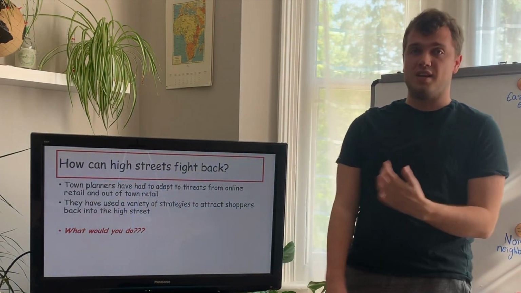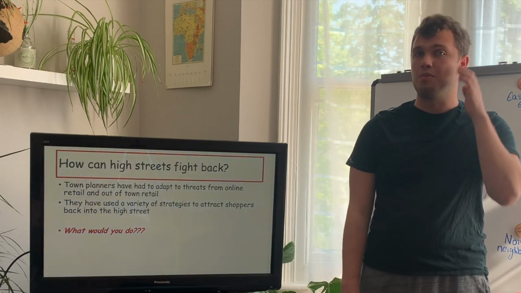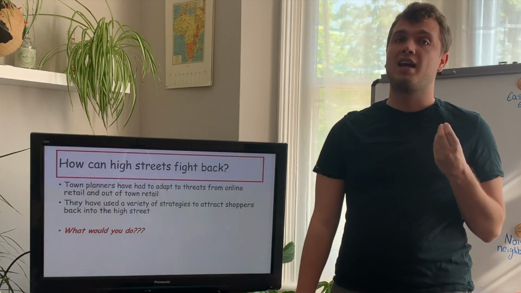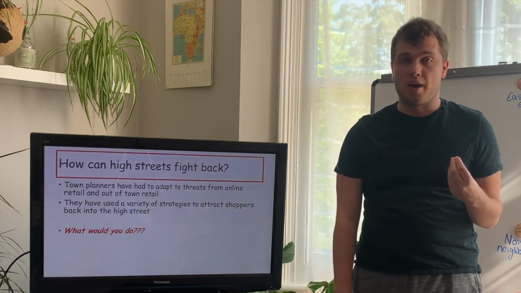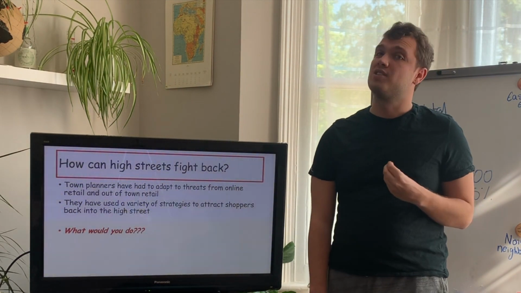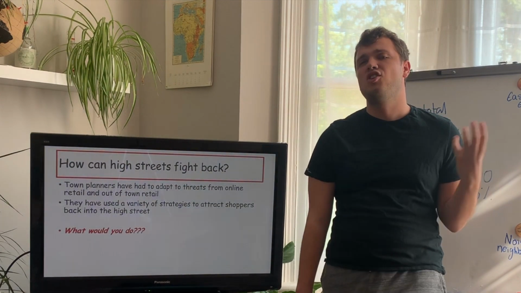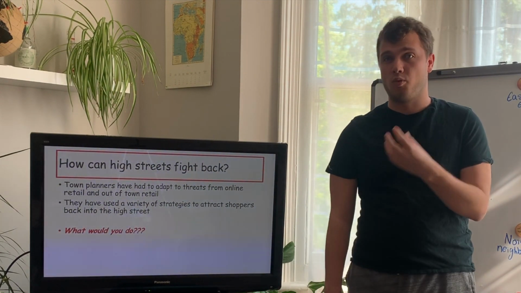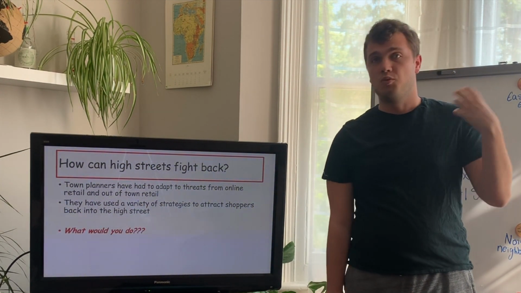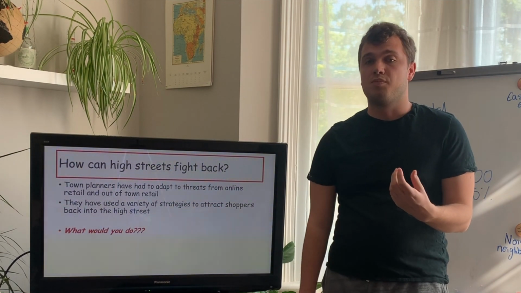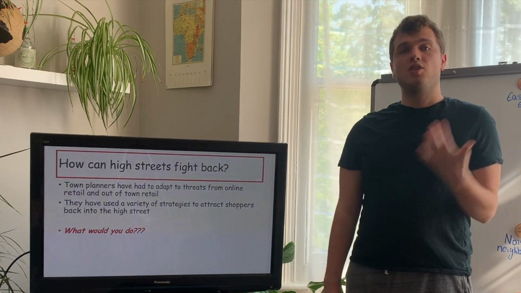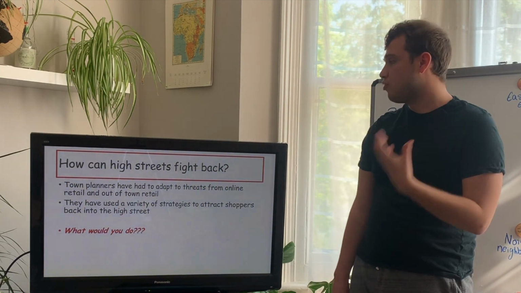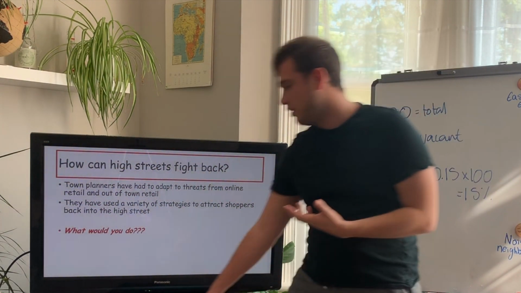Because of this, high streets have had to really think about how they can fight back, how they can improve their high streets to make sure that people start going back to them. We can see this going on in Burgess Hill at the moment. Burgess Hill is having a huge amount of money thrown into its local area, into the Martlet Centre, into all of the areas surrounding it, to try and encourage shoppers to use this space again. So there are lots of different strategies that can be used to improve it. What we're going to do is have a look at a few.